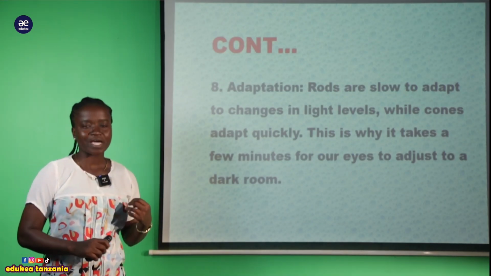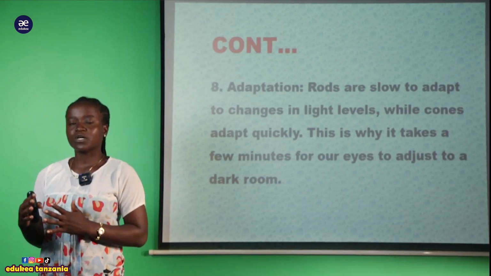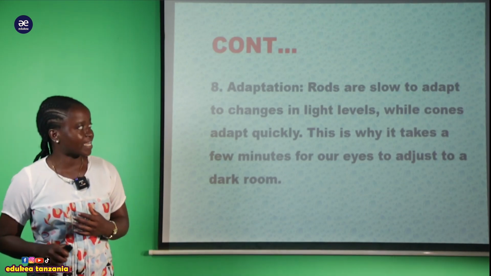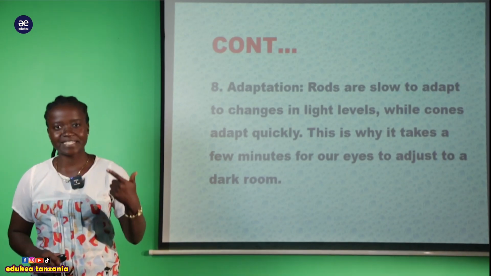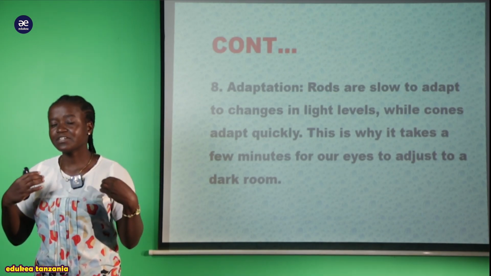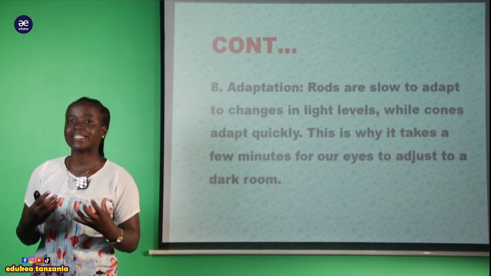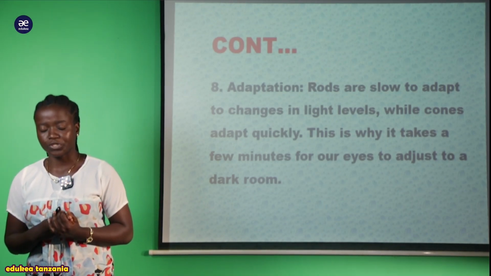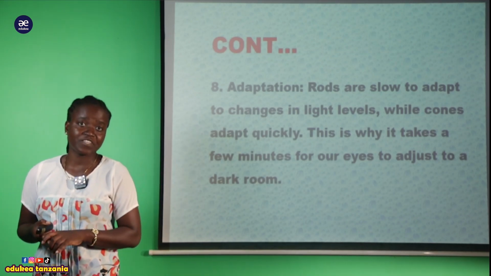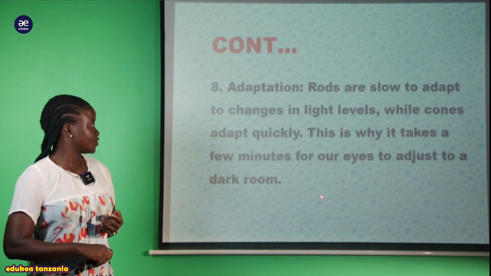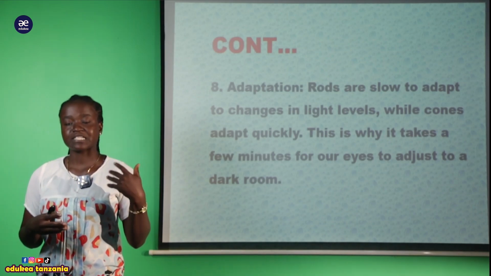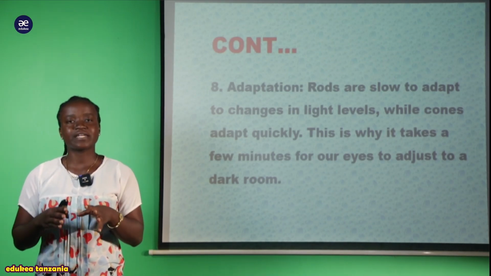So it means that when we look at the adaptation between the rods and the cones, the rods are well adapted to changes in the light level compared to the cones. That is why we say these rods are very sensitive to low light conditions. That's why we have the ability to differentiate different kinds of objects in a dark room. For example, as I explain this example frequently, that is in a dark room,